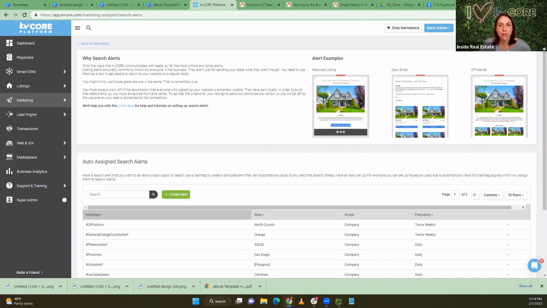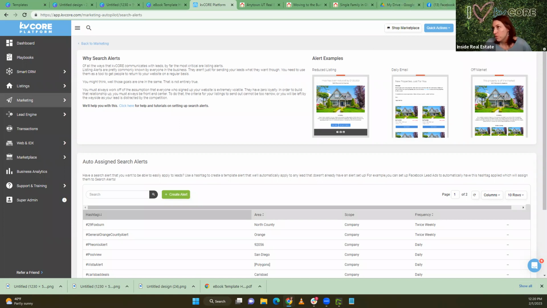I'm curious, is there an easy way I can make the ebook and save it for the company, but my agents can access it and make it their own? What I would do probably in that case is, it's outside of KB Core. Canva. Yeah, it's on Canva. I'm sure there's some Canva team. Yeah, if you have Canva, you can get a team thing, and you can actually share